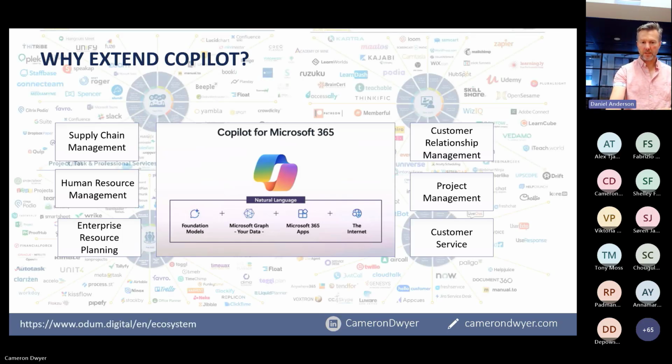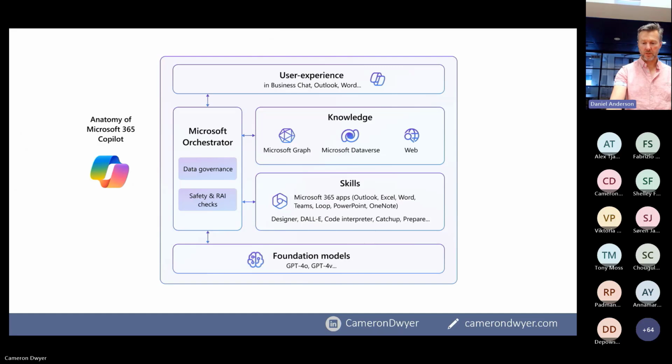And that's what we're going to be talking about today: how do we get access to these repositories of information that's sitting outside of Microsoft 365. And make no mistake, Microsoft's in a race here to be that central place where you come to reason over all of your enterprise data.